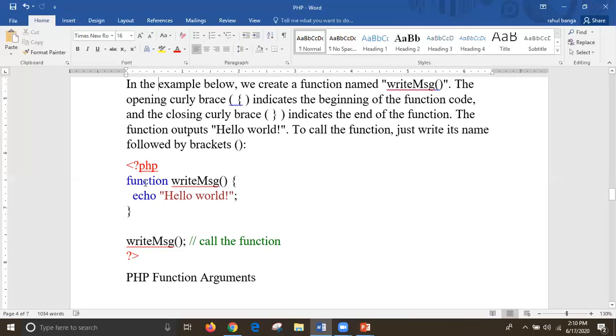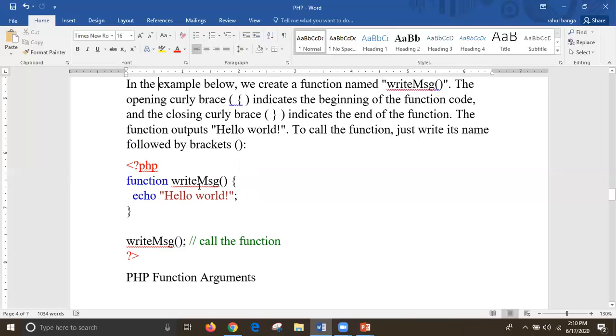After that, a function is created using the function keyword, and the function has the name writeMsg, WRITEMSG. After that, brackets will be there. Then the code we want to add in the write message function is written inside the curly braces. The curly braces start over here. After that, echo, which is for displaying content on the output screen, so the output will be Hello World. Once that is done, the curly braces are closed.